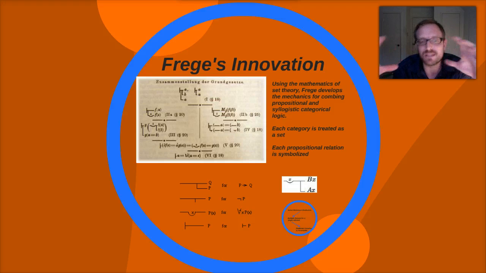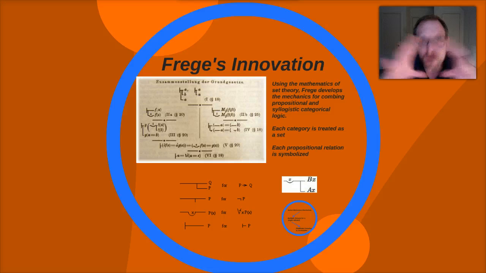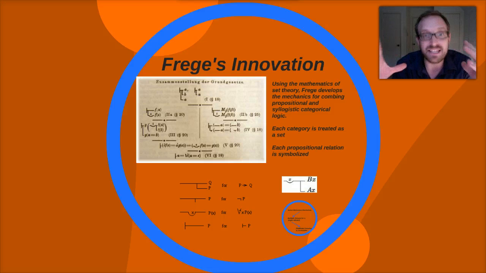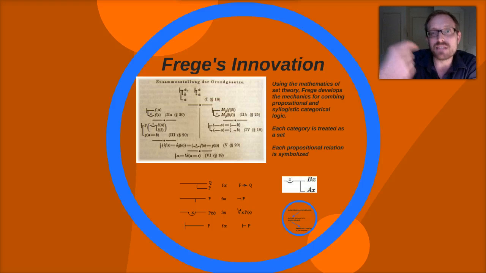Frege ultimately realizes that, wait a second, he can use set theory in order to combine syllogistic reasoning and propositional reasoning. It's the holy grail. He's able to do what no other logician had been able to do yet, right? The same thing that Leibniz wanted to do, the same thing that Boole wanted to do, and so forth, is to realize the precise relationship, the laws, and articulate the symbolization, a schema, for ultimately relating how quantifiers relate to propositions and concepts.